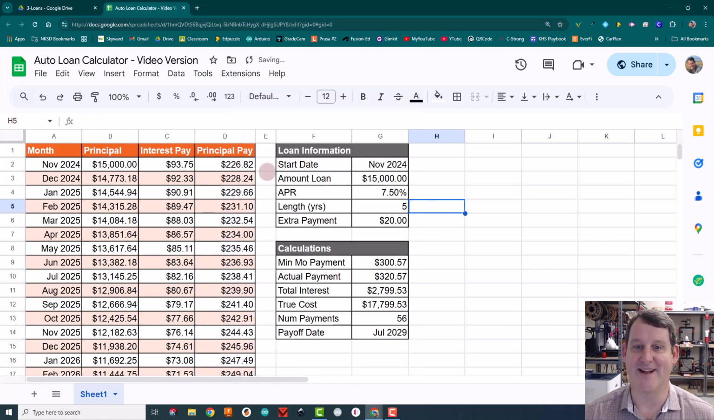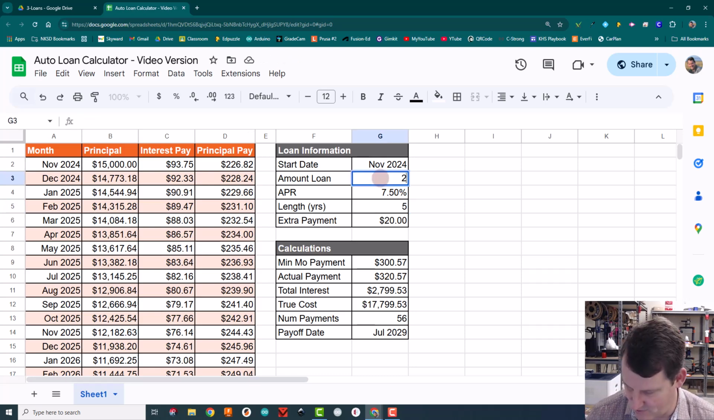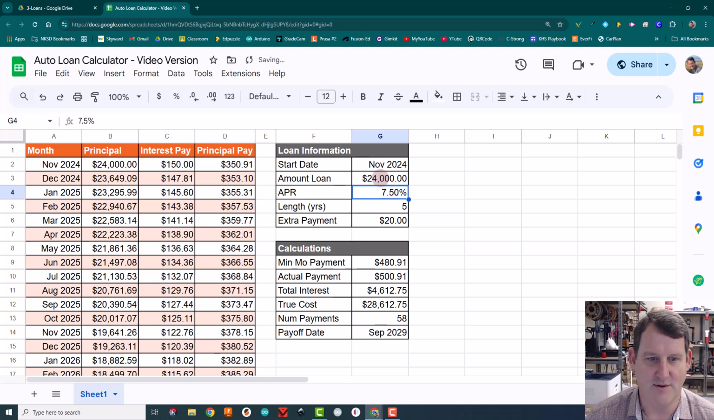And that's it. That's our calculator. It does all kinds of fun, awesome things when you change the loan amount, $24,000. You see now it's going to be calculating out new monthly payments and all that stuff. So you can use this to make a lot of decisions about how you're going to move through your life,